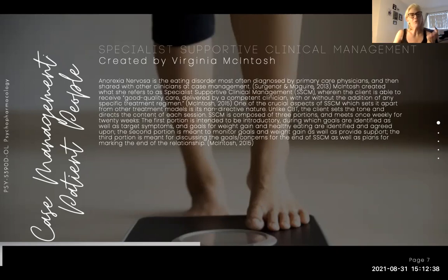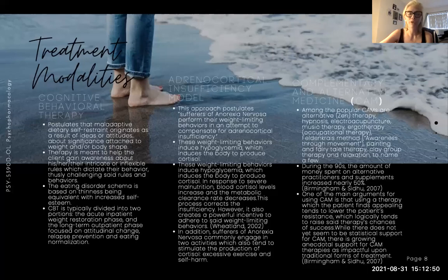So it's a both and. But I think that it's very appropriate for case management when it comes to anorexic clients. And if anybody is curious about this, I'm happy to give you more information about it. So a couple or three sort of groups of treatment modalities that I thought would be good, that I thought